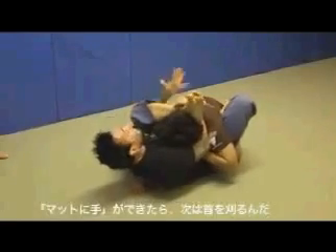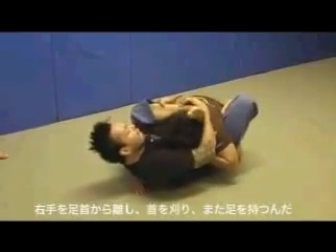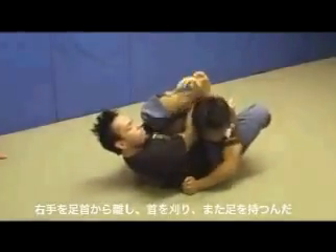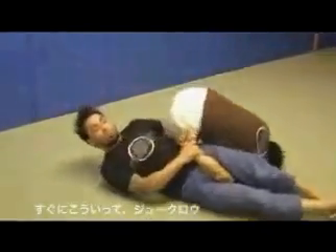From here, once that hand's on the mat, we need to clear the neck. We need to let go of the wrist, the ankle, clear the neck, rehook the ankle. I can go right to the Jew claw here, force him to roll,